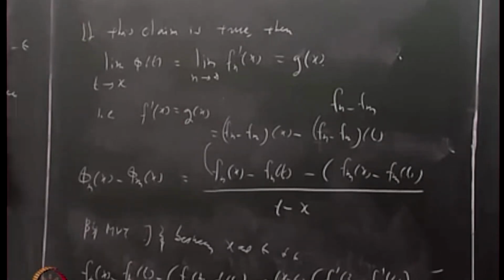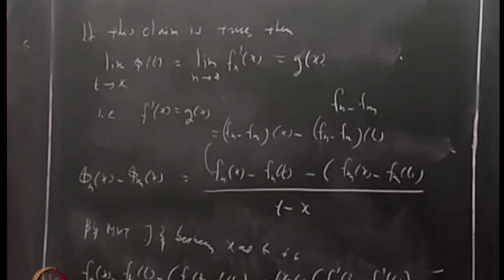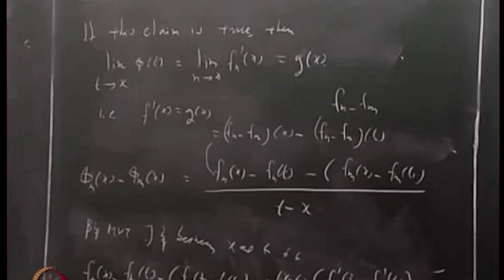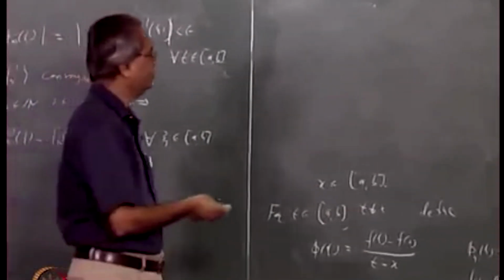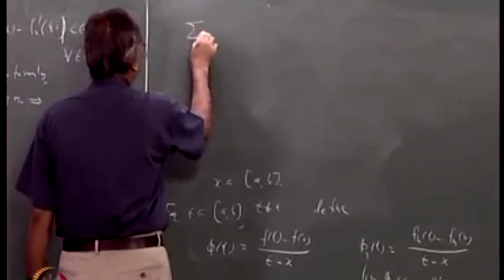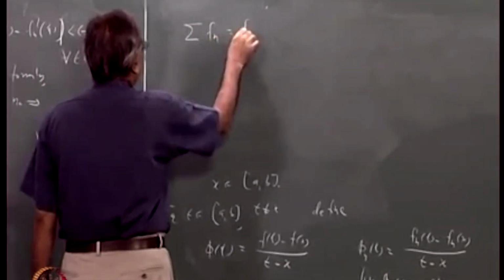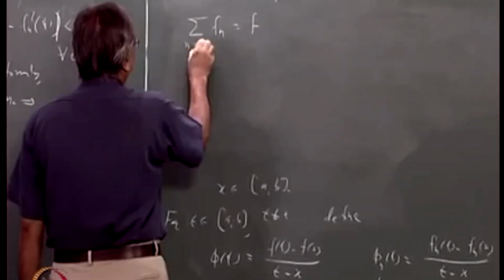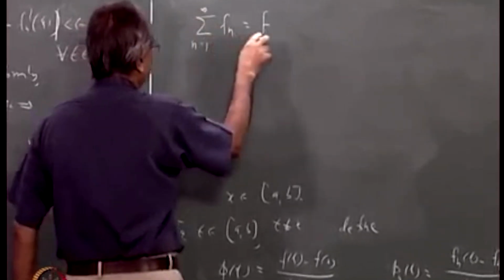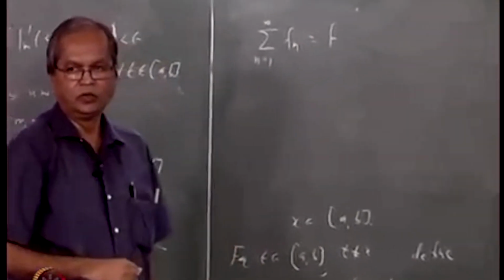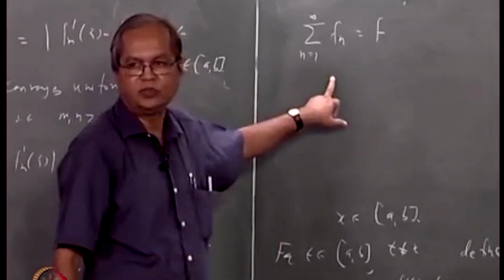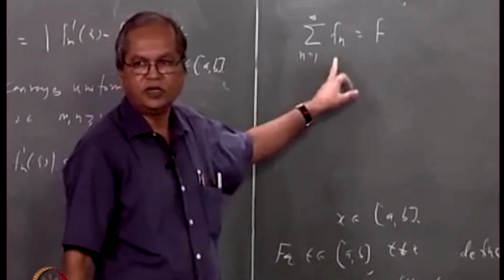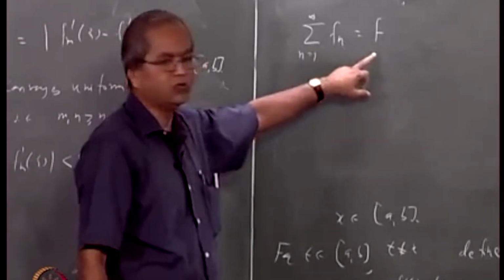And as in the earlier case, we can also ask similar questions about the series. Till now we have taken fn converges to f. Suppose we look at the series like this: sigma fn converges to f, sigma n going from 1 to infinity. Suppose here the convergence is uniform. But then also you cannot say immediately that you can differentiate the series term by term. It does not follow that sigma fn prime converges to f prime.